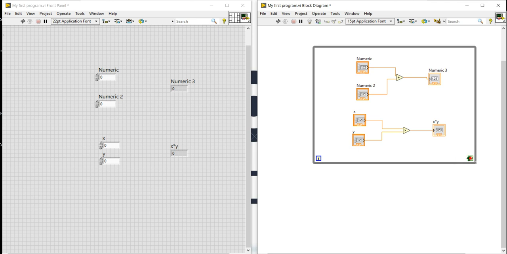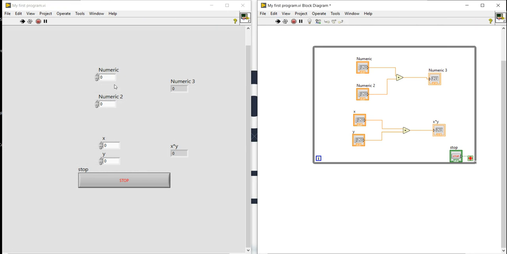How can you do that? You can simply right click on this and create control. So when you create control, you see here a stop button is created. You can resize it by simply dragging it. Okay, now let me run it again. Okay, my code is running. I can simply add